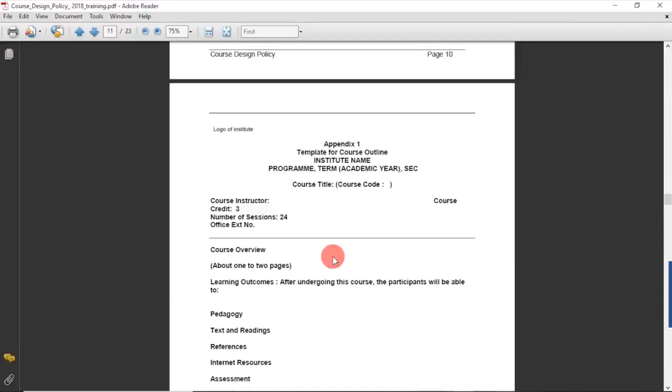When you develop a course outline, it is not necessary that you follow the sequence of the syllabus as it is given, but you can also develop the sequence on your own, so that the sequence you are creating is logical and you are able to unfold the content of the subject in class with a good sequence, interlinked, and the students are able to get the things easily from your side. So the topics which are correlated with each other should be covered together, right? Now that sequencing from the syllabus you can always do.